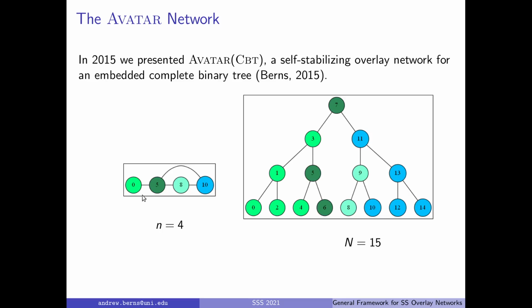What we will do is embed onto this set of, in this case, 4 nodes, a 15 node, whatever our capital N is, in this case a complete binary tree, so that it has a dilation 1 embedding. What that means is that we basically make a sorted list, then every node can use information about its successor and predecessor to determine what virtual nodes it should be hosting, what virtual nodes it should be responsible for, and therefore which neighbors it should have to realize that dilation 1 embedding.